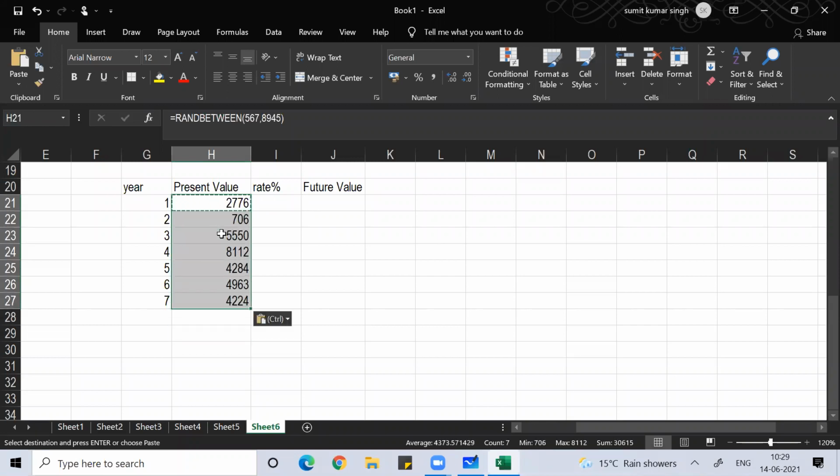I wrote these random numbers because sir wanted to do this formula, so for that sir wanted some numbers. Instead of sir writing those numbers, we can use this function called rand between.